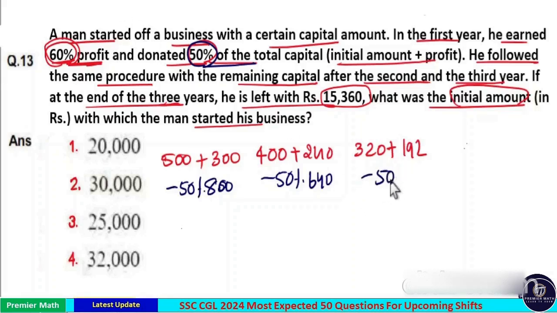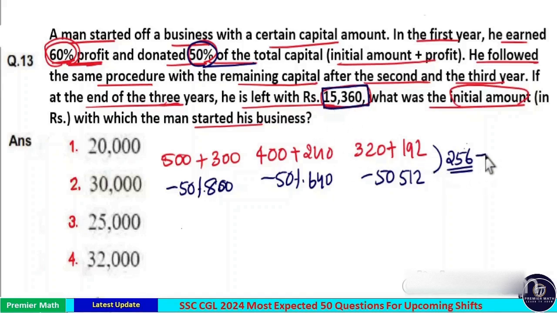Again he donated 50% of 320 plus 192. 300 plus 200 is 500, 500 plus 12, 512 rupees. 50% of 512 means 256 rupees. That is 256 rupees he donated and remaining is 256 rupees at the end of the third year. Now you can see here at the end of the third year,